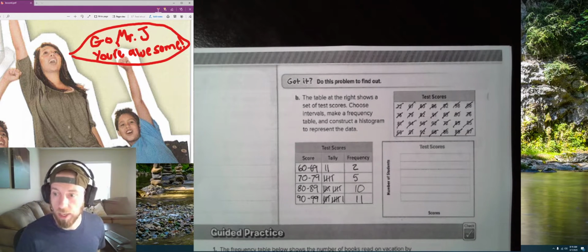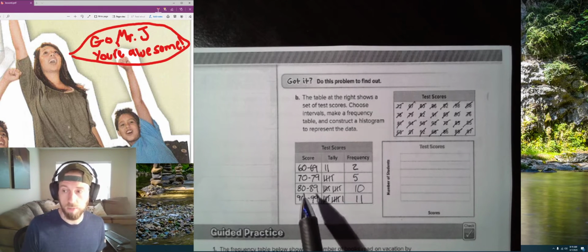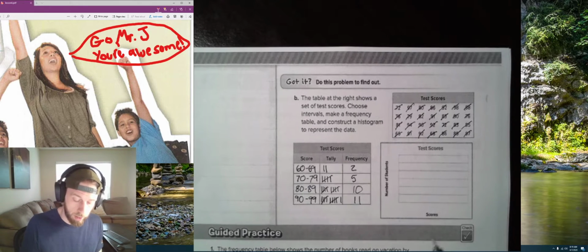Now, I want to also say, guys, that if yours doesn't look exactly like mine, that does not mean you're wrong. Which makes this kind of a tough lesson to teach because you could have something slightly different, but it'd still be right. As long as your intervals are evenly spaced, right? As long as these are evenly spaced apart, and as long as you've counted correctly,